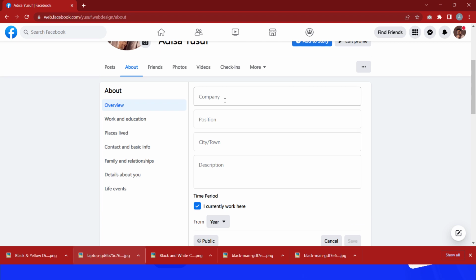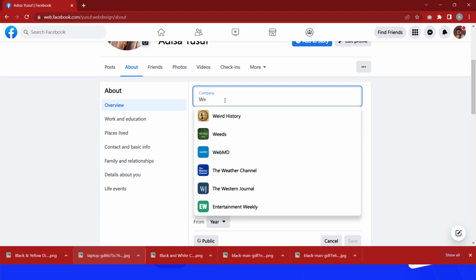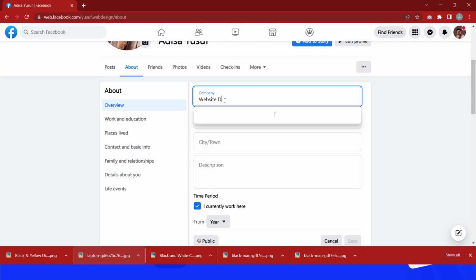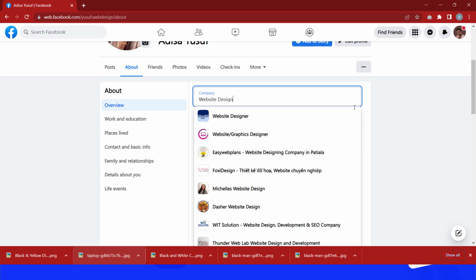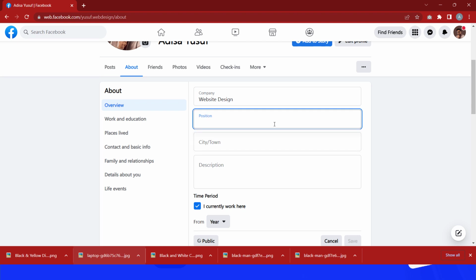Now for the company, it is going to be the skill that you are offering. For example, if you want to say you're an expert at website design, that website design is where you are going to write first. So in this case, it's going to be website design. Now your position will be what? Expert. You see what I'm saying? So if you say you're an expert at website design,